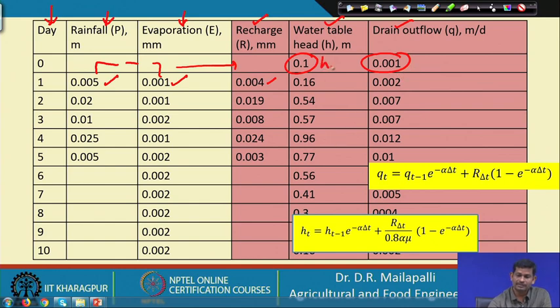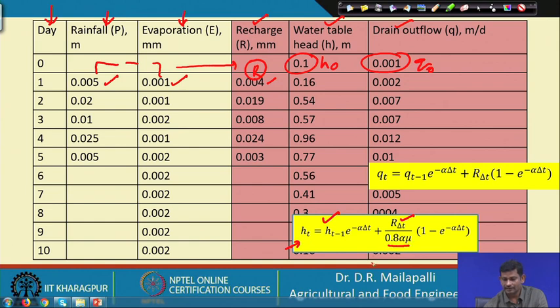So, this is h 0 and this is Q 0. So, knowing this h 0 and Q 0, and the recharge R, right. So here, if you observe Q, for example h t, this is known, right, R delta is known, and we have